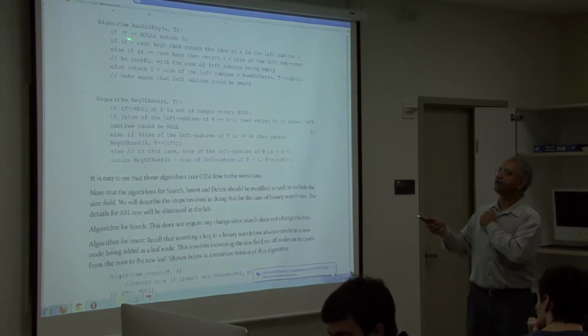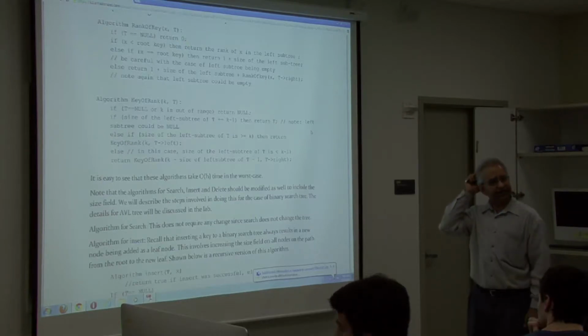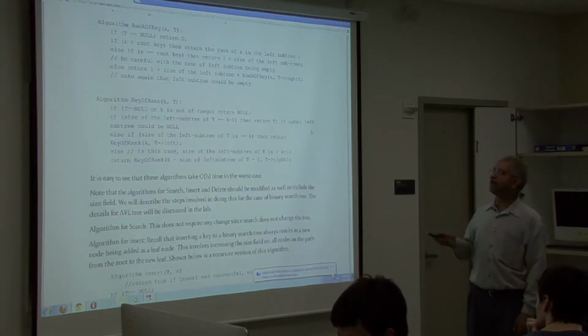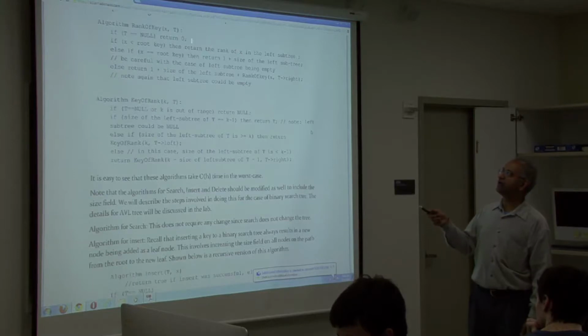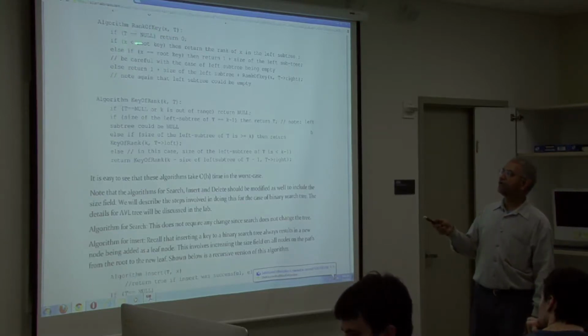Well, first of all, if the tree is empty, then you're going to return a 0. So any key that's not in the tree should result in the number 0 being returned, right? Because 0 is not a valid rank, and so by returning 0, I'll know that the key is not there. Okay. If the key x is less than the root key,